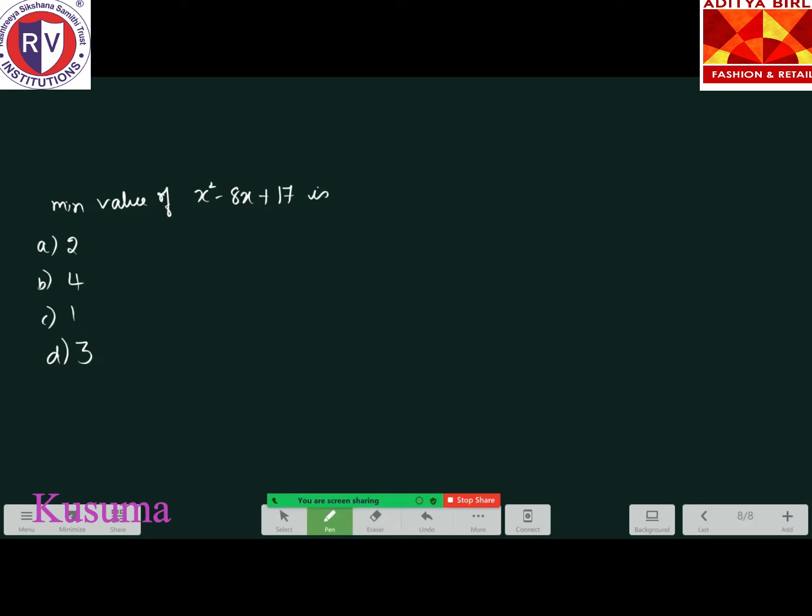Just now we discussed about that, right? First you have to equate dy by dx to 0. Then you will find the stationary point. Then you have to find out the second derivative. First time, you consider dy by dx, equate it to 0. You will find some stationary points. Suppose C. Okay, then you find out d square y by dx square. So if it is greater than 0, you will have minimum at x is equal to C. Okay. So this is the procedure how to find it.